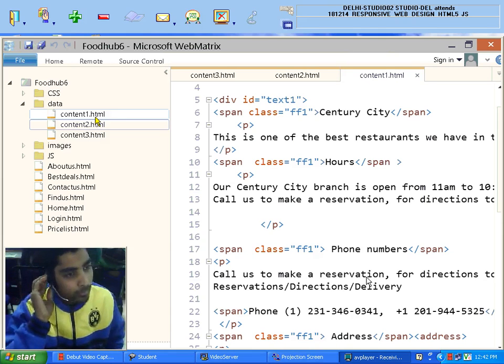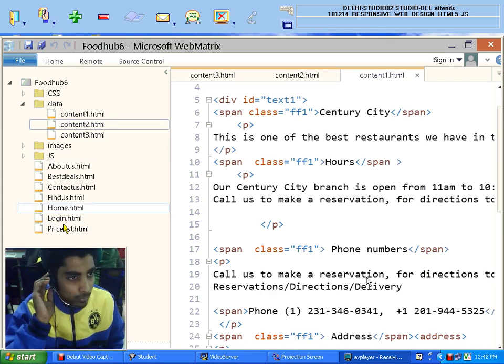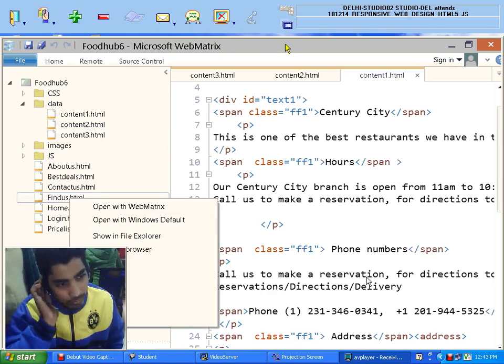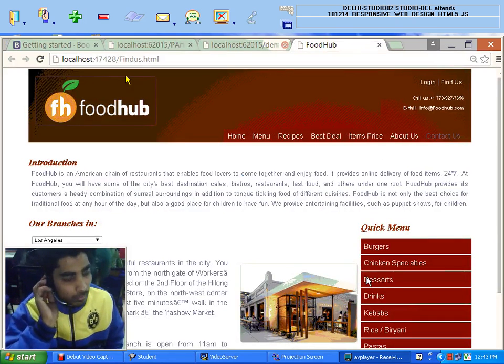I just want to reload a partial part of my web page. As you can see in this example, the example which I explained a few minutes ago regarding this Find Us page over here, you can see it in this example.